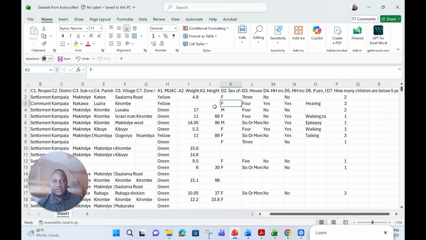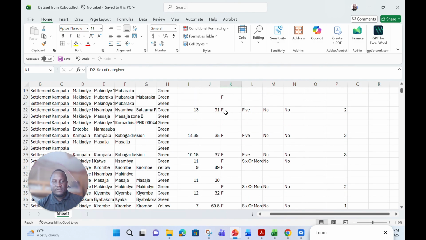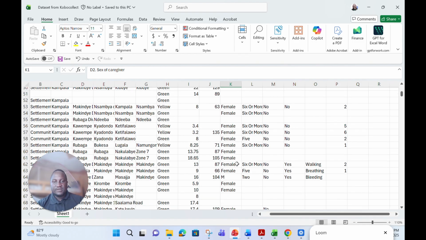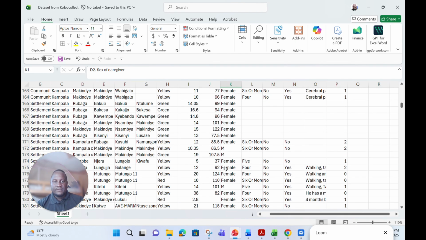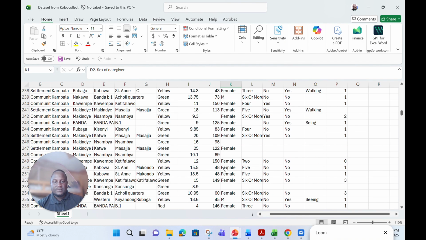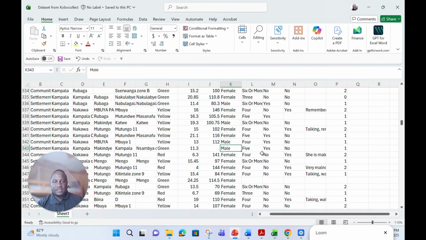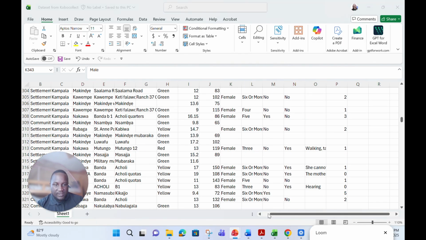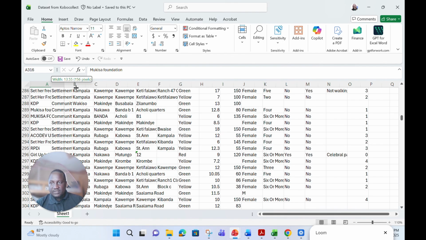So like for this case, when you look at the sex, you realize that there's F and M, female and male, and then there are those that are written in full, like female, and also you see there are some instances where they have also written male. So as you move, you see here, they also wrote male, like that. You also realize that there are other areas where, when you move the side,